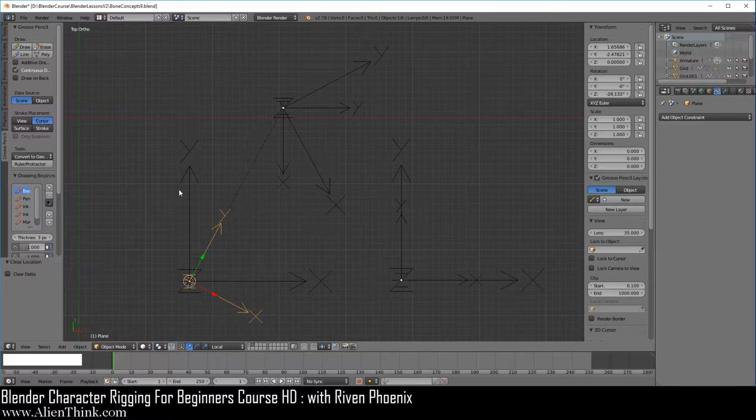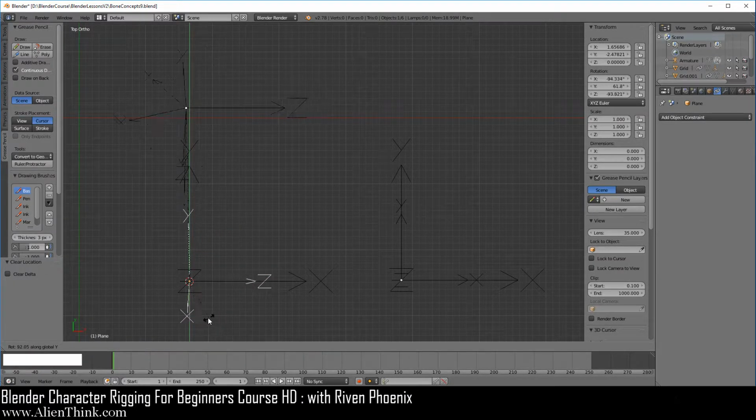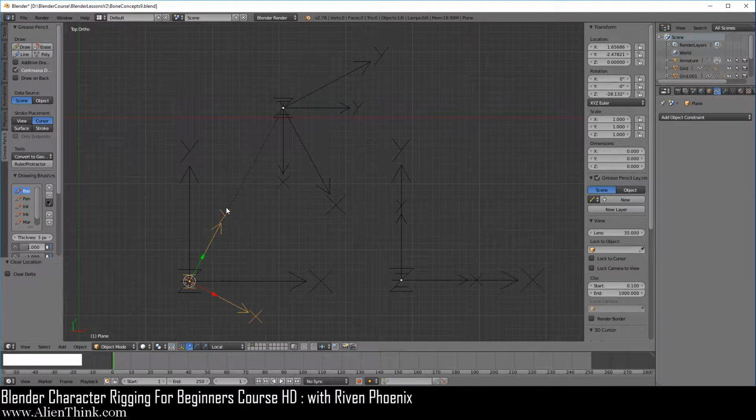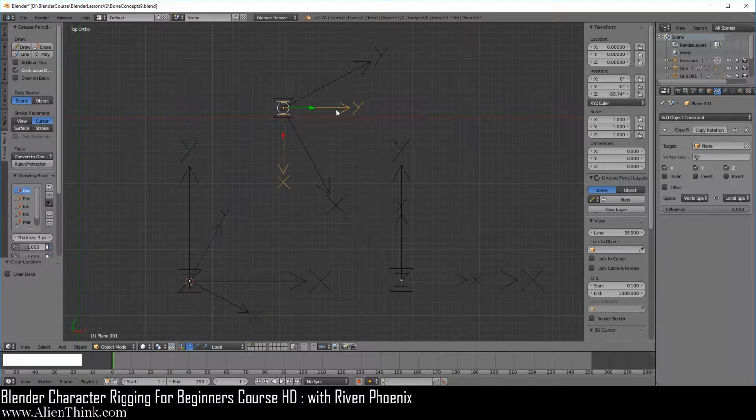Okay, so now over here, when we click this, we can see that when we rotate this parent on its y, the child is of course going to rotate on its y. Press the R key, press the Y key. Again, this is very difficult to see what it's doing. Okay, so that's how that concept is going to work.